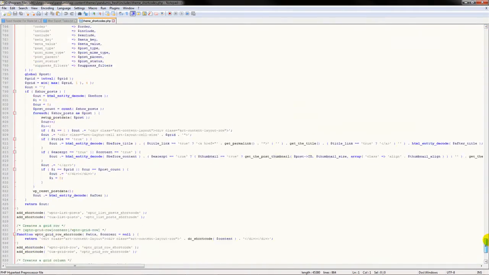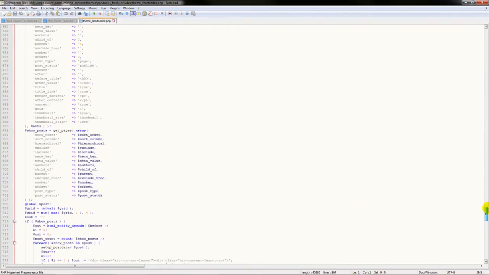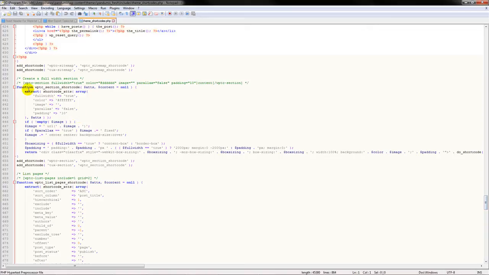Find the section's shortcode. It's going to be near the bottom, or 80% down the list. There it is. Create a full width section line starting from line number 636. Right. I need to find the part that says 2000 and minus 2000. And all I need to do in this case is change it to